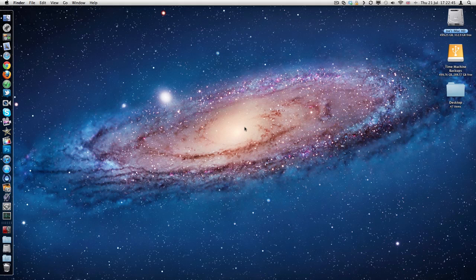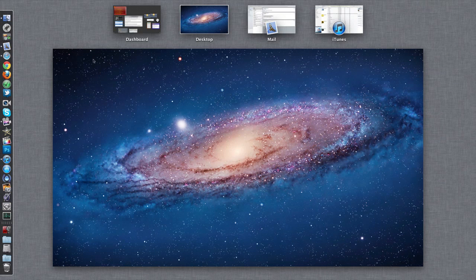A simple 2-finger double tap on the mouse and we're launched into Mission Control. And you can see here that I have 2 full screen apps, which is Mail and iTunes. I have my desktop at the moment and I have Dashboard. So this is an absolutely great way of managing all of your applications, and a really cool thing is that